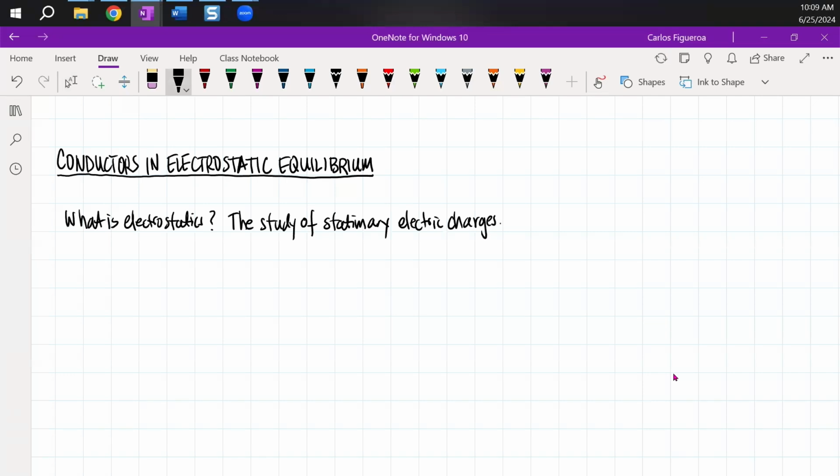Now, they could be moving very slowly, but in general, we're assuming that they're just stationary. So for conductors,